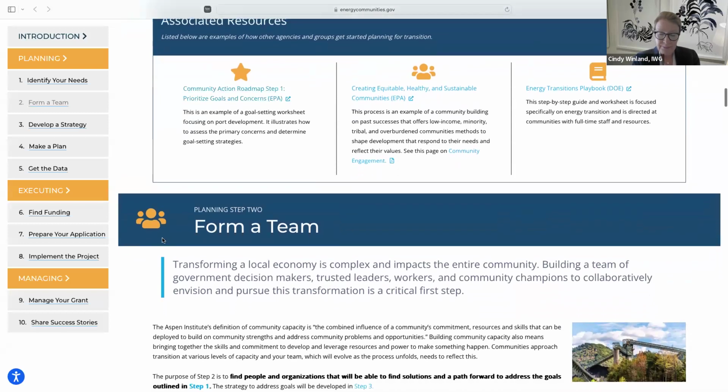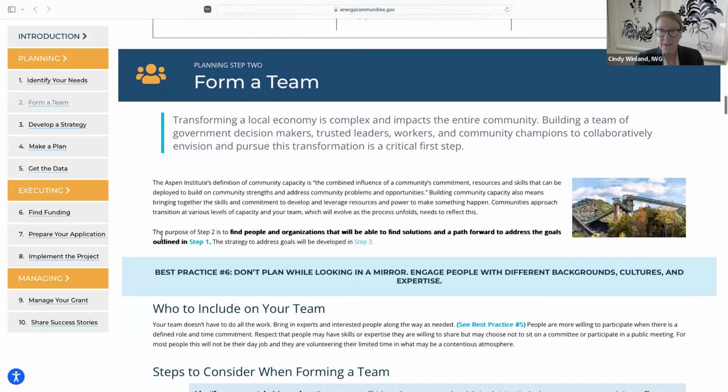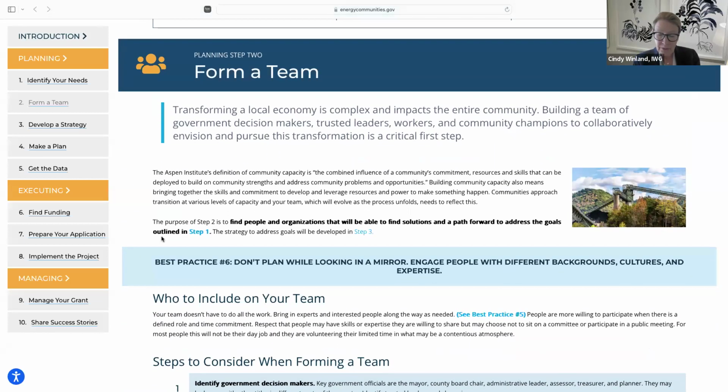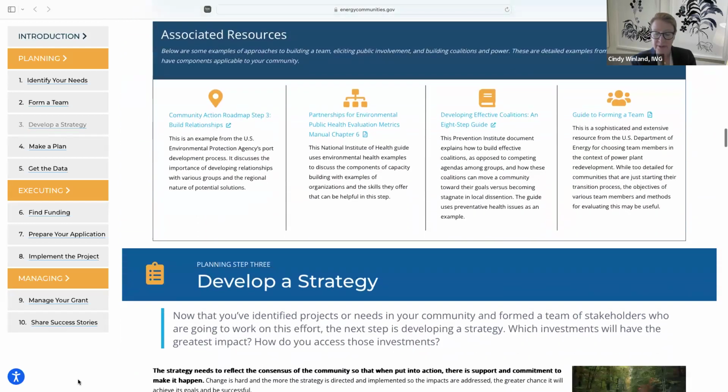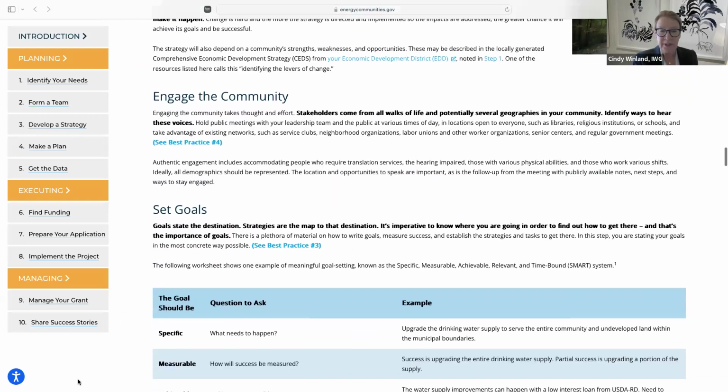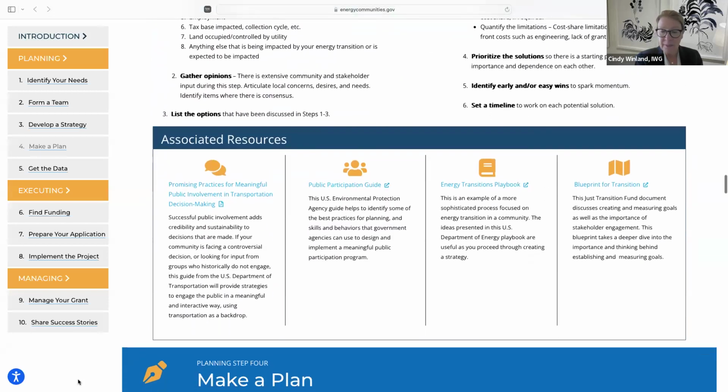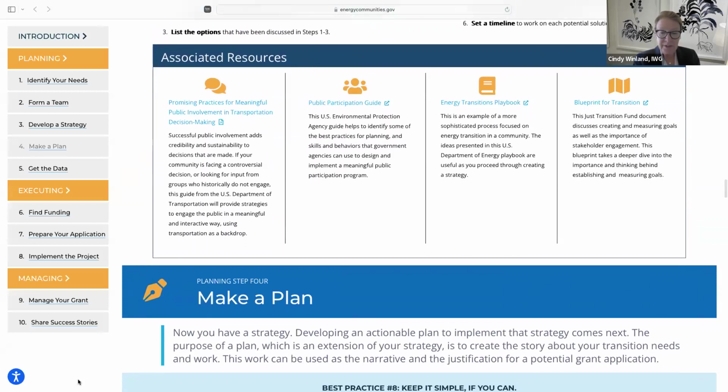So forming a team is not only leadership, but it's the community as a whole. So whatever you do will be more successful, sustainable, and hopefully a springboard if there's general community consensus behind it. Just like engagement, don't choose a team by looking in the mirror. The team needs to reflect the people who represent the entire community, including people who have been the naysayers. Complainers can become advocates for change with some exposure to the situation and learning how they can help.